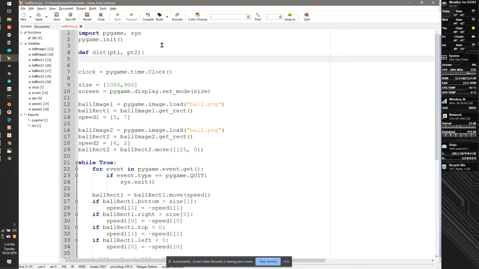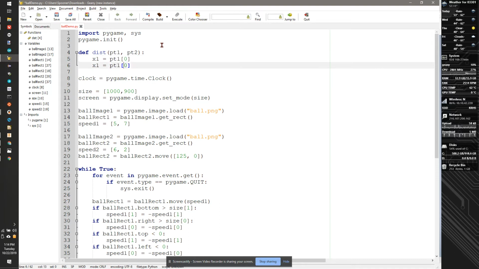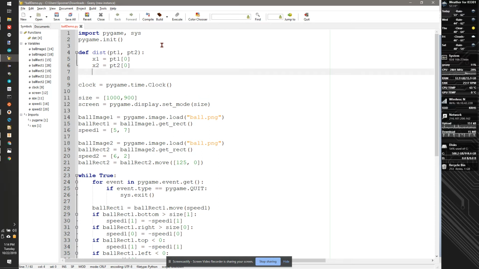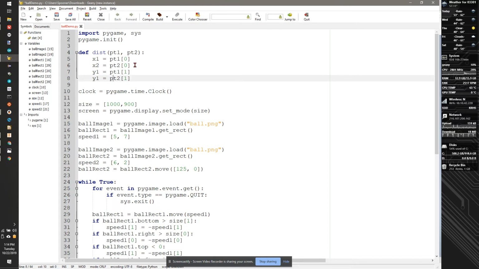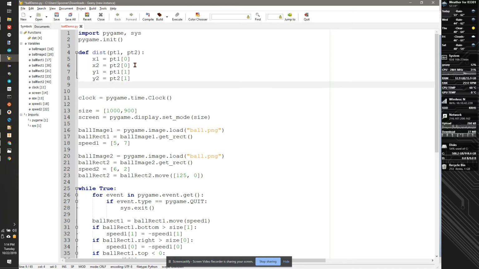And we're going to calculate by first doing x1 is equal to PT1 index 0, x2 is equal to PT2 index 0, y1 is equal to PT1 index 1, and y2 is equal to PT2 index 1. And we're just going to return